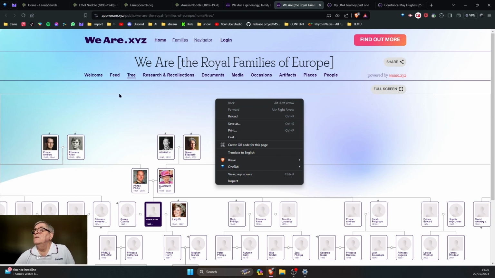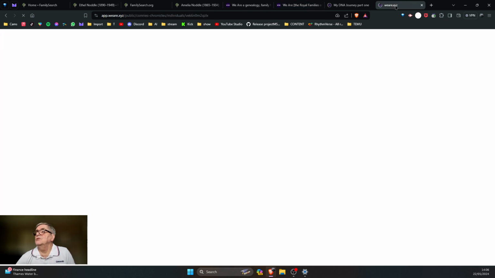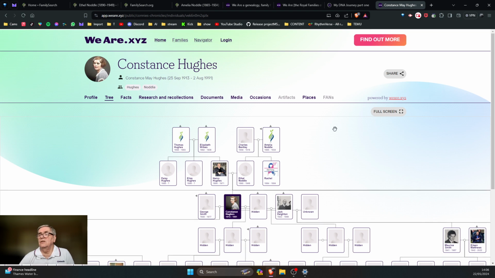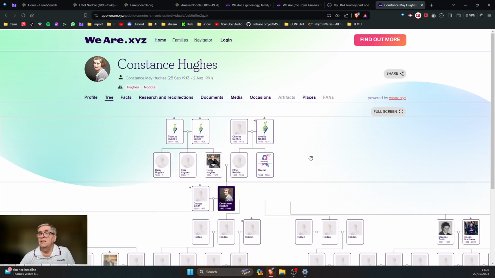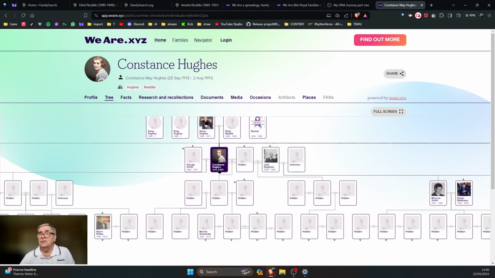And I don't know if I've got my tree on show. Let's see what this one is. Yeah, so there you go, look. This is my mother, and this is her tree. Because I'm not logged in as me personally, I'm just logged in as Joe Bloggs off the street, you can only see dead people. It's a bit like Bruce Willis, he only saw dead people in that film. Well, this is the same. However,